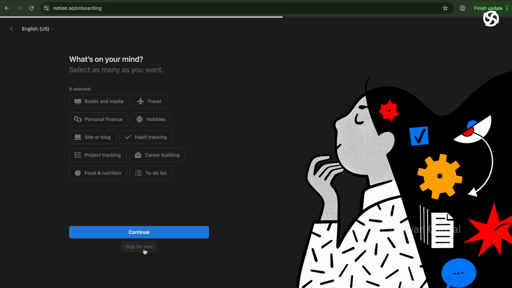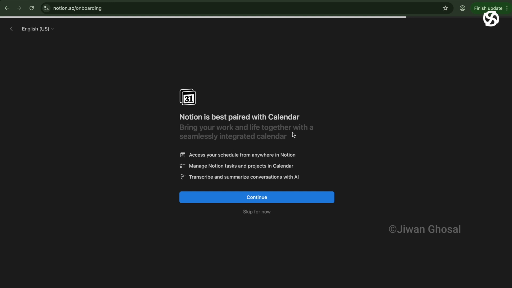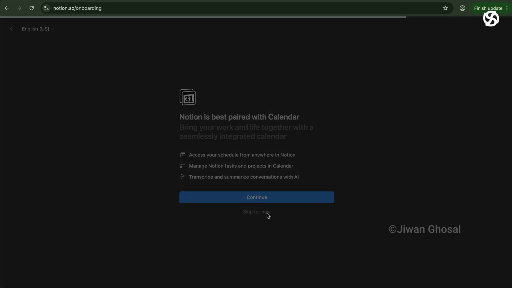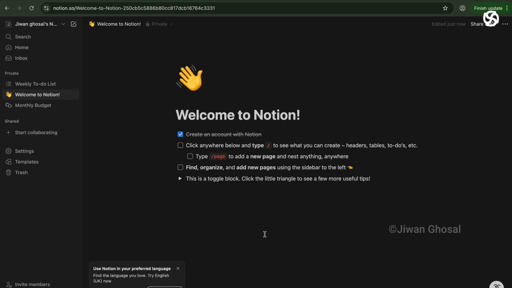Notion will also offer to install a desktop app, but I'll go with Skip as there isn't much difference between the web and desktop versions. Finally, you can choose to integrate with a calendar, but I'll skip this integration and leave that decision up to you. Congratulations, you now have a Notion account and can see the default welcome pages that Notion provides to help